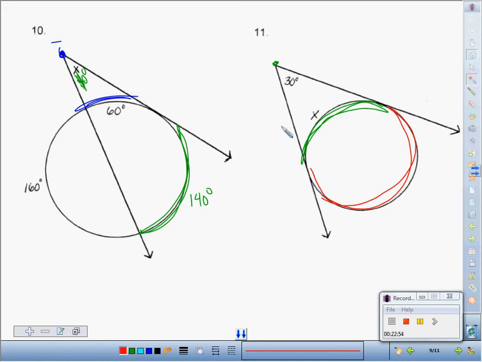Well, here's how we can figure that out. Let's just pretend for a second that we did know what this was. If x was 100 degrees, would you be able to figure out how much that was? Sure, it should be 260 degrees, because isn't the red thing the rest of the circle? So I took 360 minus 100 to figure that out. What if x was 60 degrees? Couldn't we figure out that this should be 300 degrees by taking 360 minus 60? So the thing is, we don't know what this is. It's x, but whatever this should be